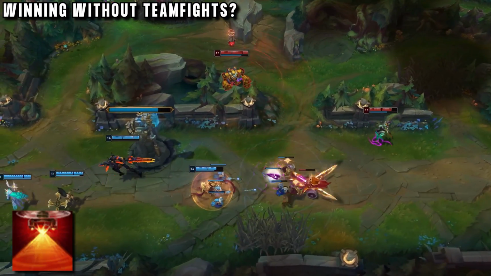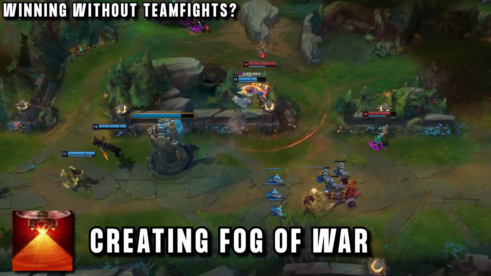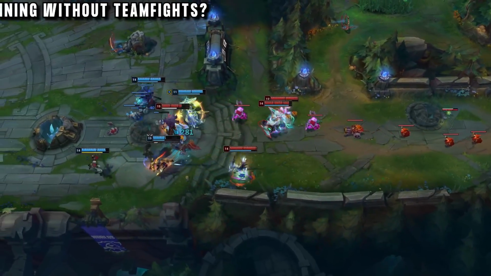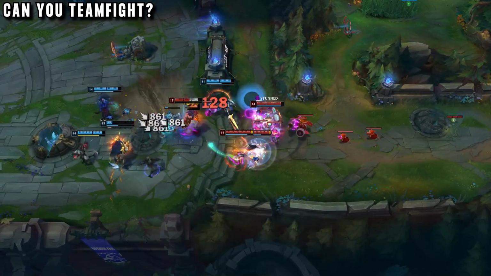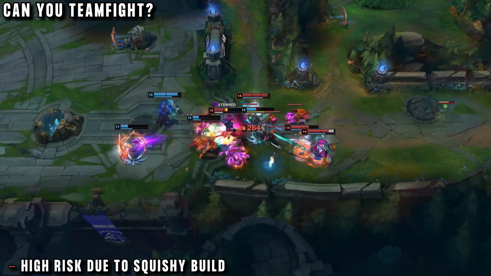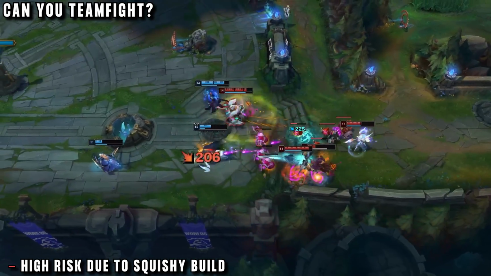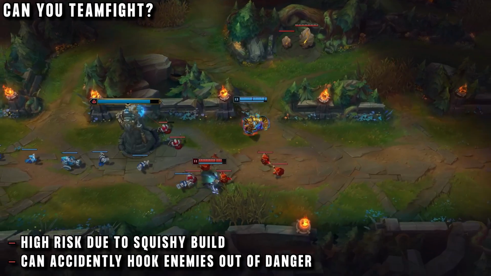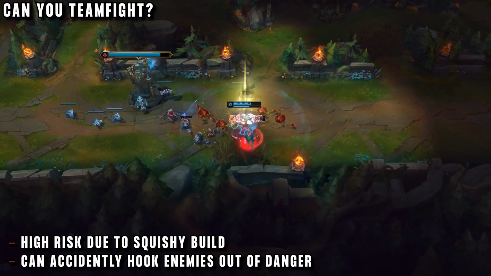Our challenger player buys a sweeper, killing wards and creating fog of war that he can use to catch enemies and turn those kills into objectives. You can go for 5v5 teamfights, but a full damage build in fights will always be very risky since you're so easy to kill, and in some fights where everyone's mixed up together, you might even help enemies by pulling them away from danger, so it's definitely better to focus on getting catches,